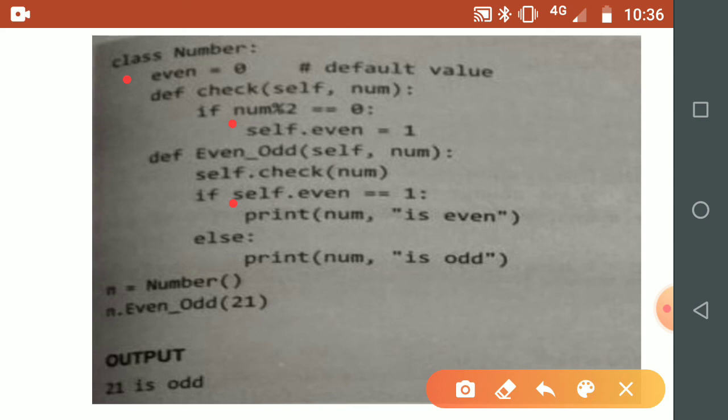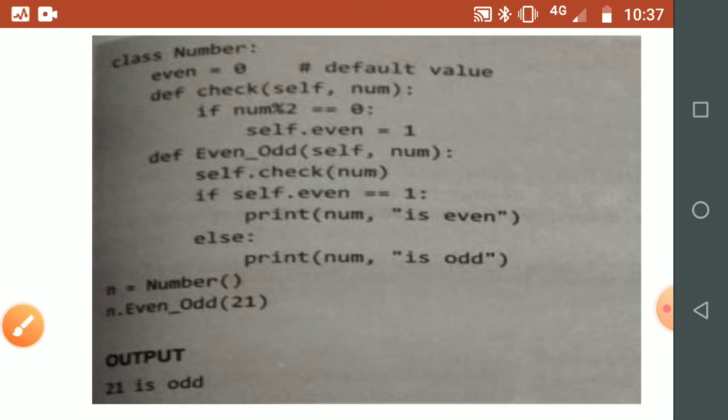If we create two objects of the Number class, then both the objects will have their own copy of the e1 variable. Changes made in one object will not be reflected in the other, but this is not true for a mutable type attribute. So this may be another scenario if there is a clash between the variable names. In this case you can apply this concept.